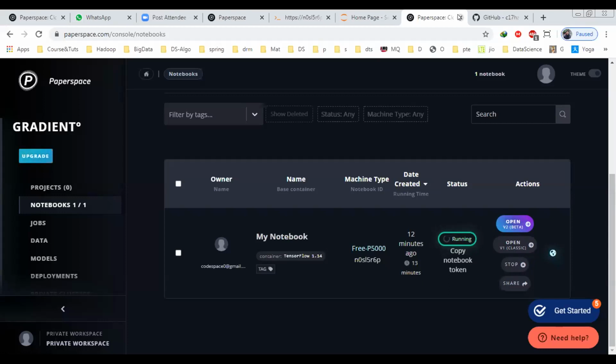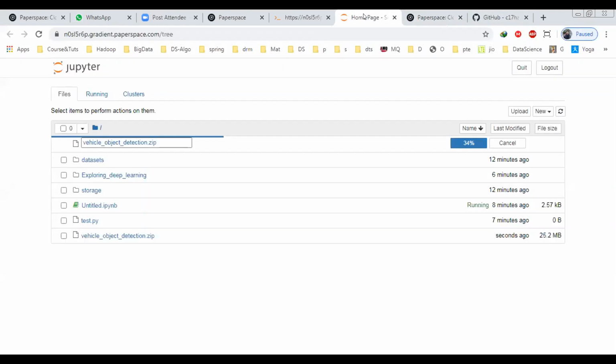No, Rajiv, there will be no connectivity issue. If it says 6 hours, then it will run for 6 hours. If you want to stop early, just click here and choose stop running notebook. If you do not want to, it is okay, because you have not provided any card details, so it won't charge you anything. Let's see, how much is done? 34% is done.